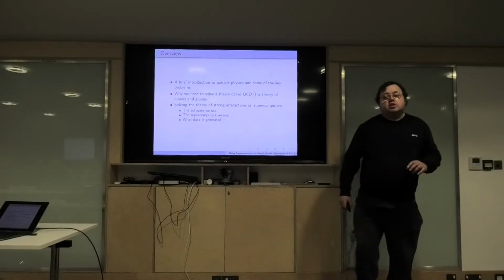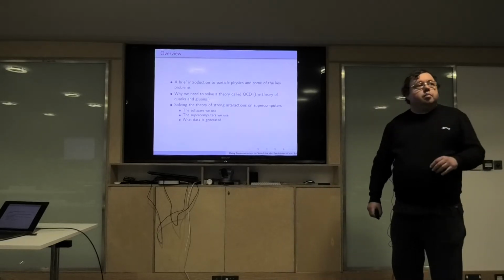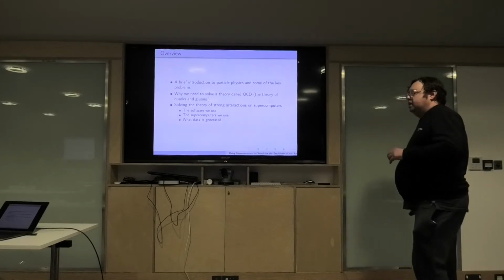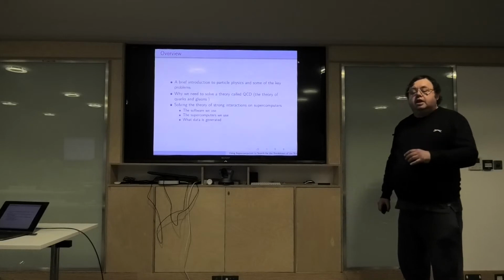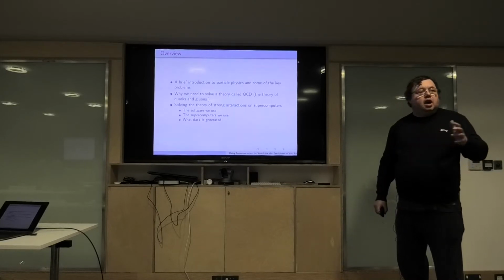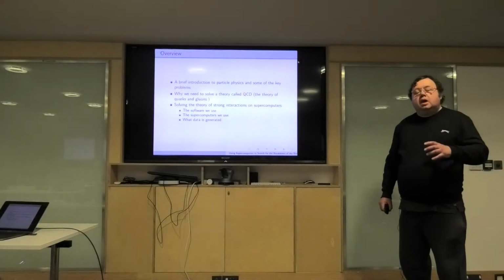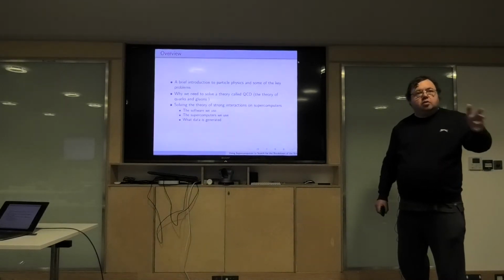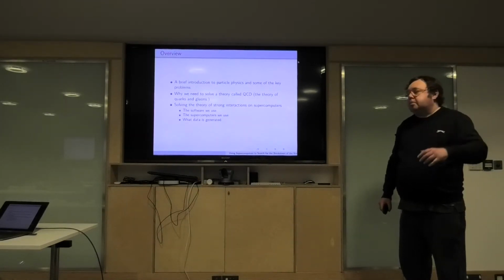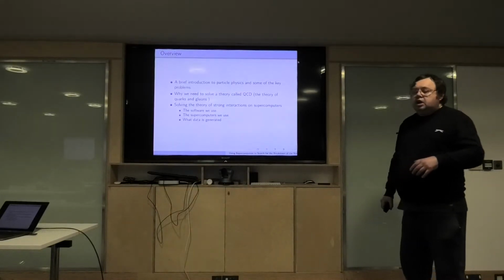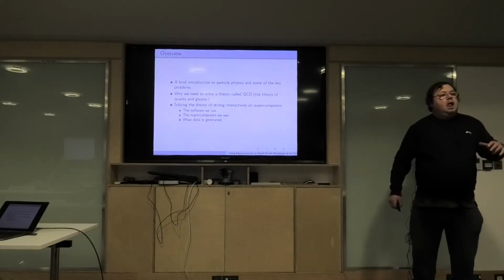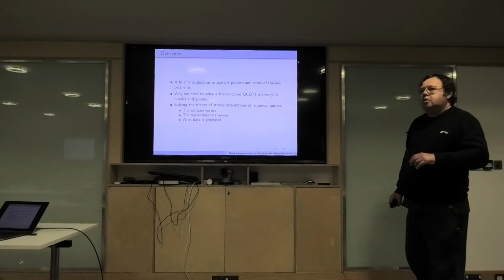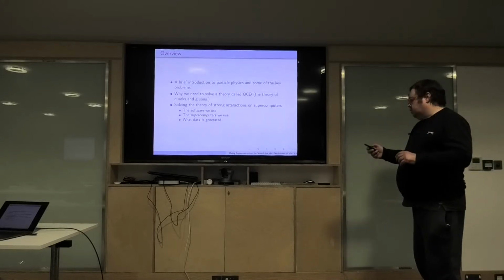Okay, so the way I've structured the talk, I'm going to give you a very broad overview of particle physics and some of the issues we're facing. My expertise is something called QCD, the way the quarks and gluons interact, and we use high-performance computers, which hold a lot of data. The first part is a very broad overview of particle physics, and the second part is how we use computing and how data arises for a particle physics application. The particle physics is going to be very gentle. I put in slightly more technical details than I would for a general audience, because of your background, but there's going to be nothing too hard.